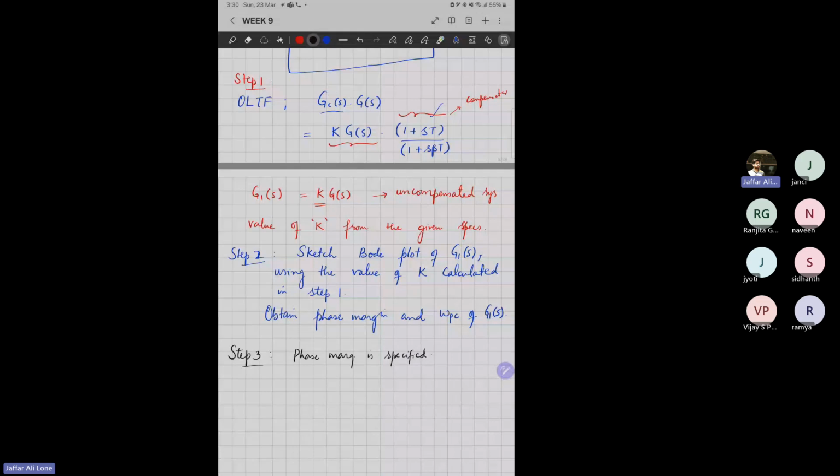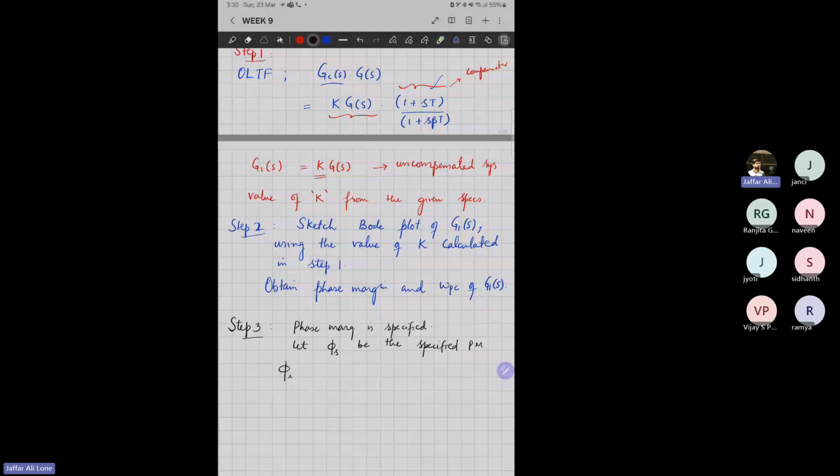Let phi s be the specified phase margin. You will be asked to design a compensator such that your phase margin becomes this. So then you need to